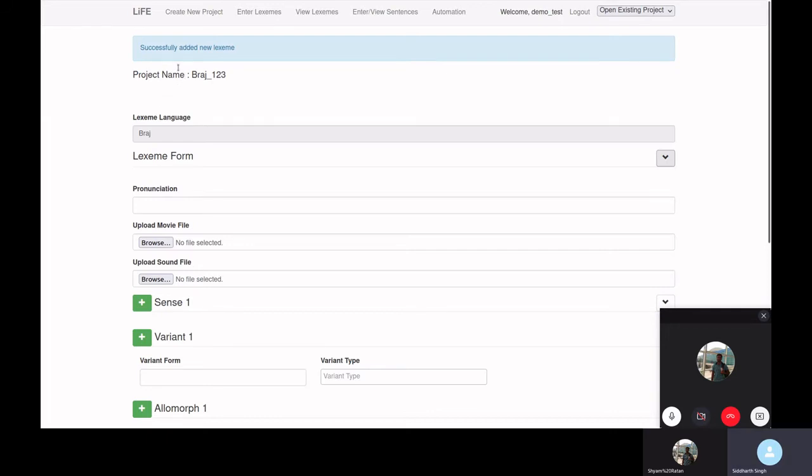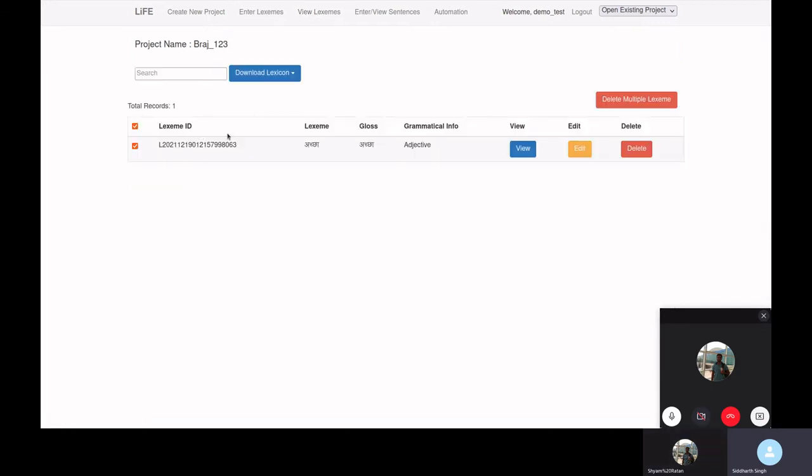Let's see the lexeme which you have entered using the view lexeme tab given in the navigation bar. In view lexeme you can see that the word you have entered is showing. And in this interface there are multiple options which you can use to control the entry of a lexeme.